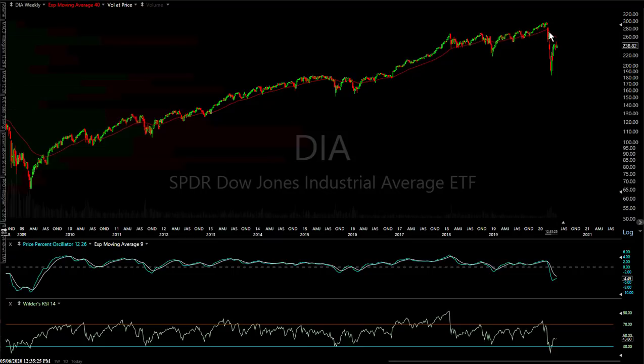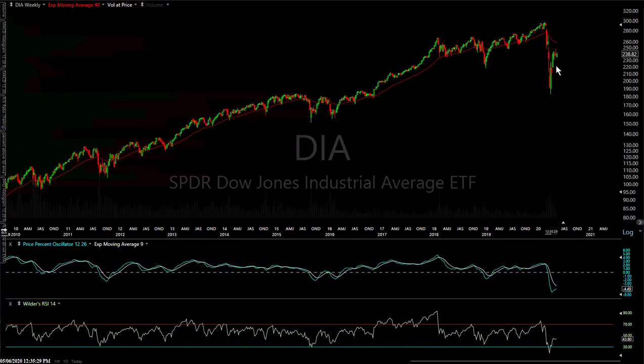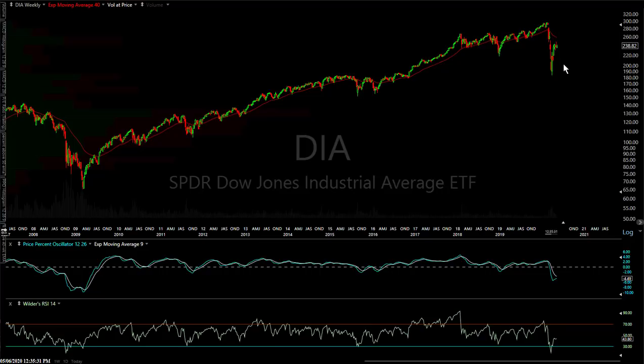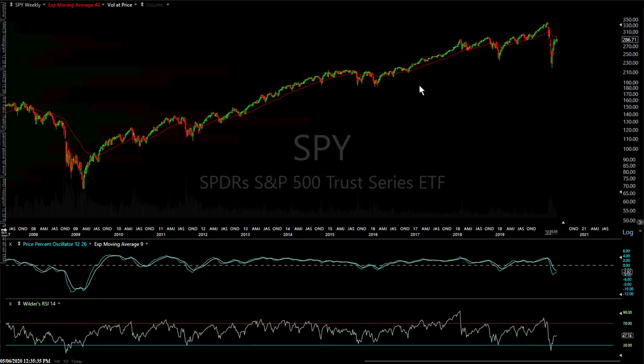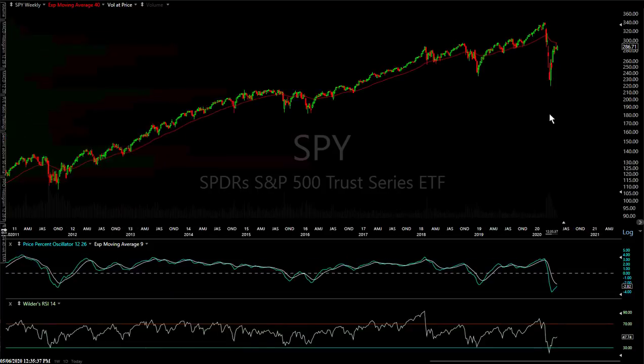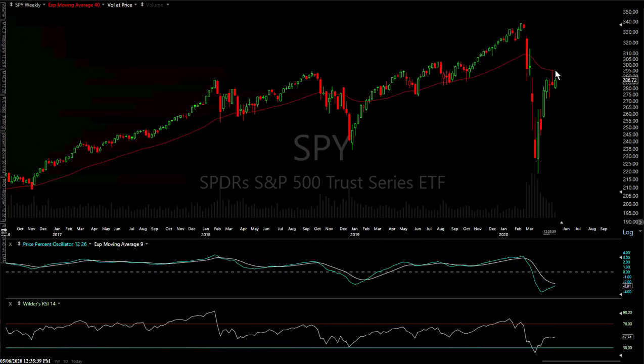So that's why the 40-week moving average on a weekly chart is the same as your 200-day, and it's a key moving average that a lot of traders watch. It helps to define bull and bear markets. The Dow is well shy of that, but I want to show you the S&P 500. Okay, that's just recently we went up and kissed it,